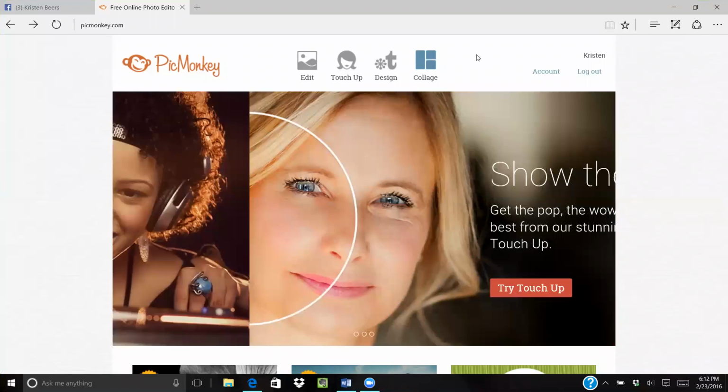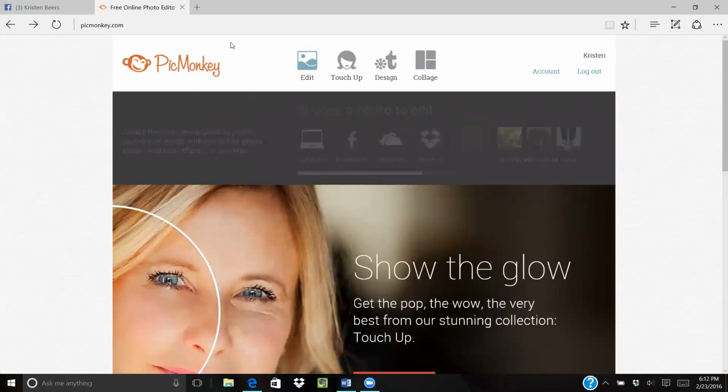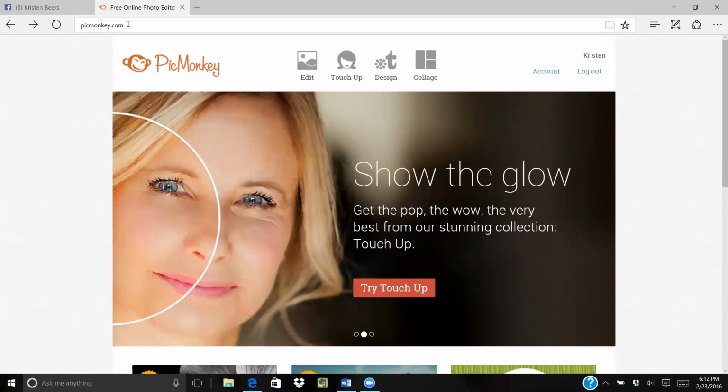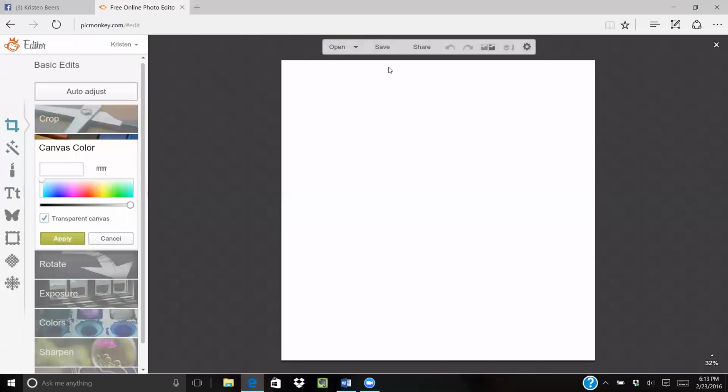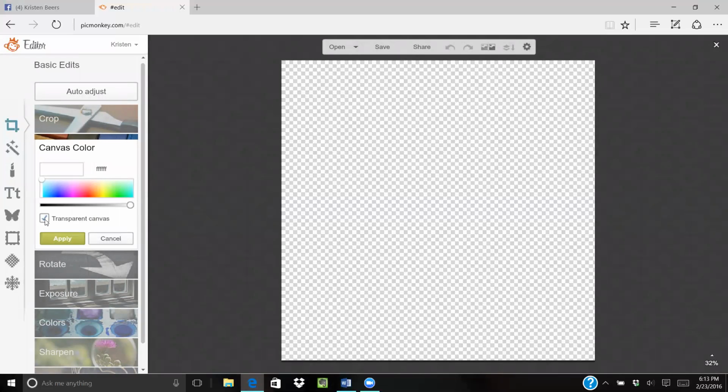So the first thing we're going to do is make sure you're clicked into picmonkey.com in your browser. Then you want to click on design. Then you're going to come over to where it's already highlighted, and in this panel where it says canvas color, there's a box that says transparent canvas. Click that box. You'll see all these check marks that have now appeared on your clean slate, and you're going to hit apply